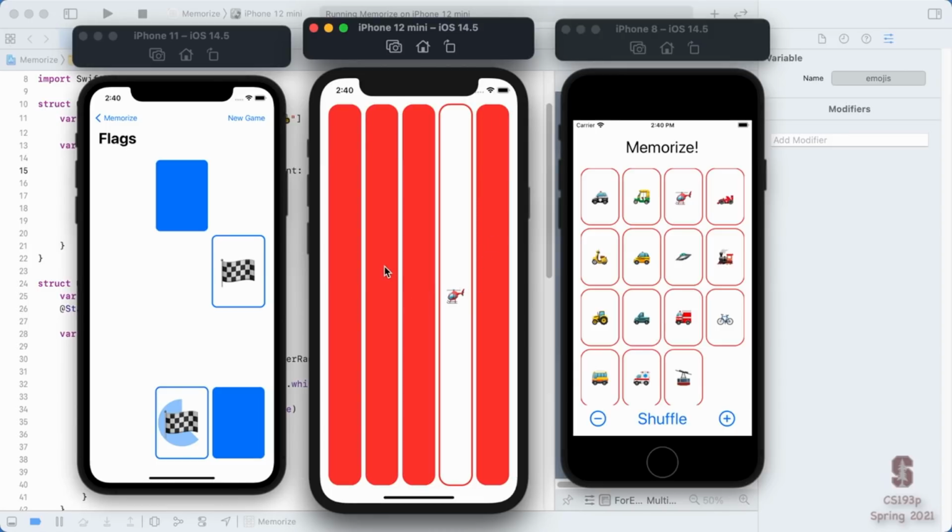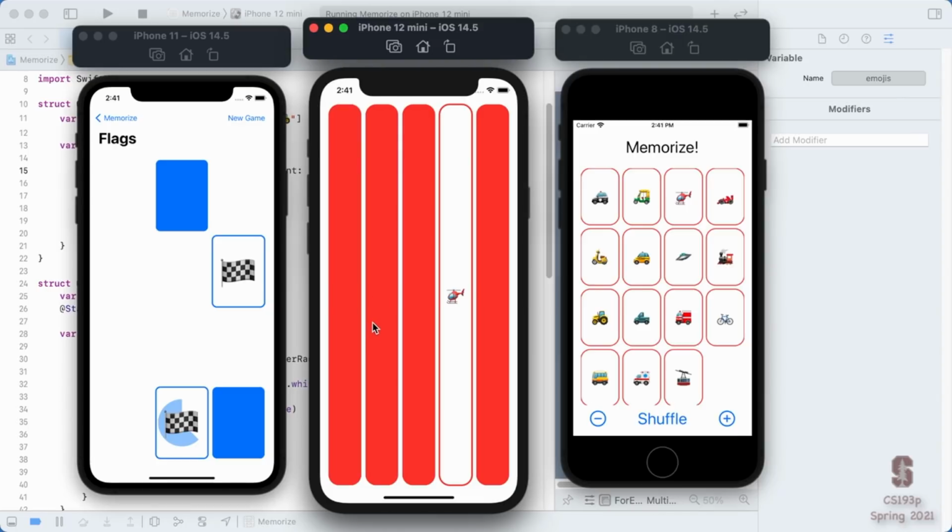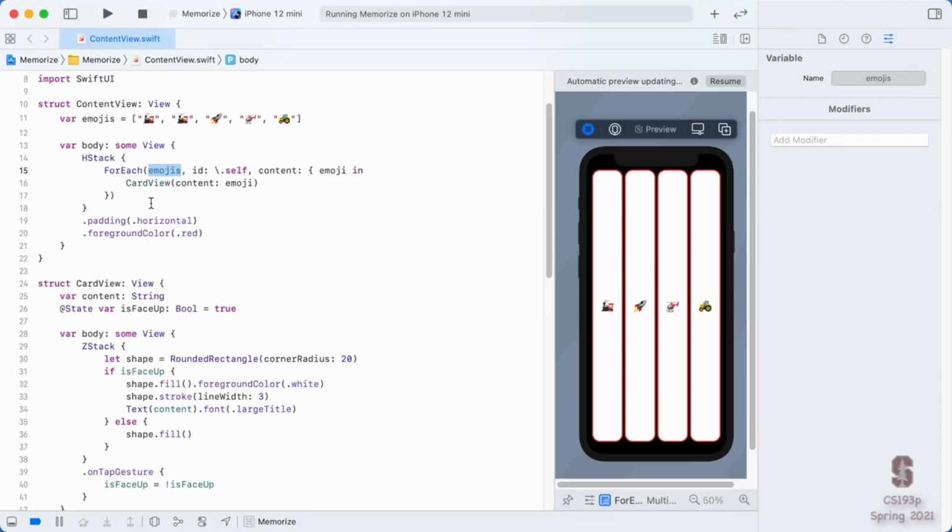Yeah, the train, uh-oh. You see when I tap on the train, it's using the same view for both of these because, again, the ForEach can't tell these apart. So when it sees the train, it uses the card view it's already made for a train over there. And that's kind of weird behavior, and you really would just never want to do this, okay? You don't really want to have arrays that have non-identifiable things in them be passed to ForEach. So we're not going to do that.